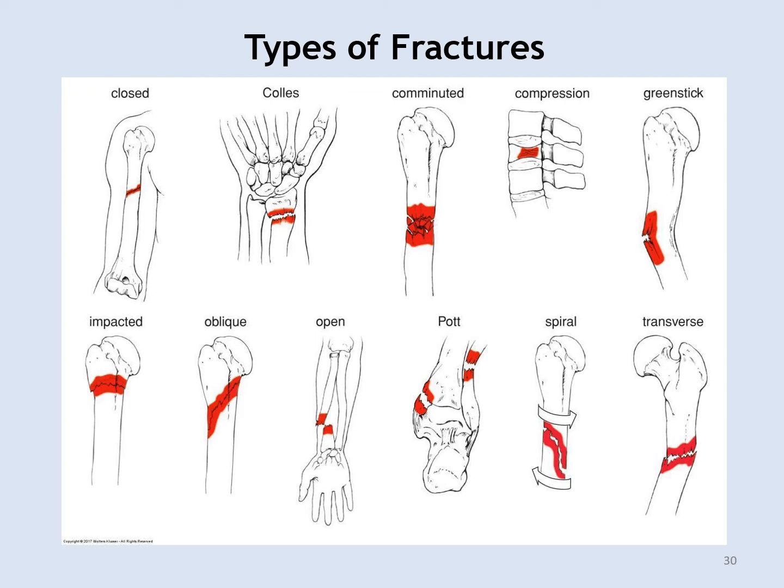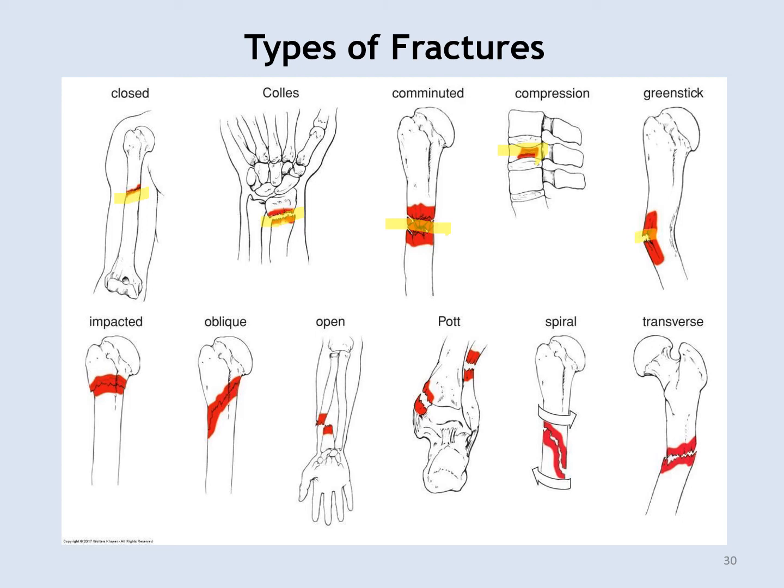So we have a closed fracture right here. The Colles fracture in a wrist. That's probably someone trying to catch themselves. That would be the type of fracture you'd see at that point. Here's a comminuted or a crushing break. Here's a compression fracture in the spine, too much weight being applied to the spine and has broken the vertebrae in a vertical pressure. There's a greenstick where it's